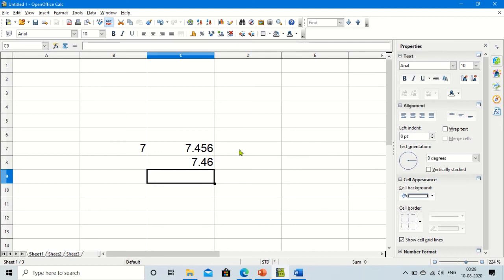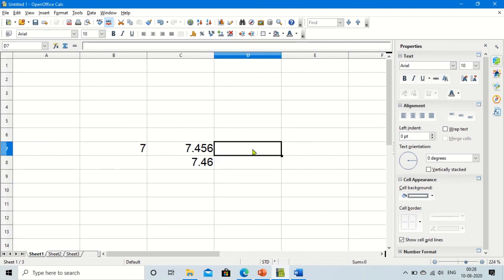Let me give another example. Suppose I have a number 7.455 and let me round it. Equal, round, and then give this number, and up to 2 decimal places. Here also the answer will be 7.46.